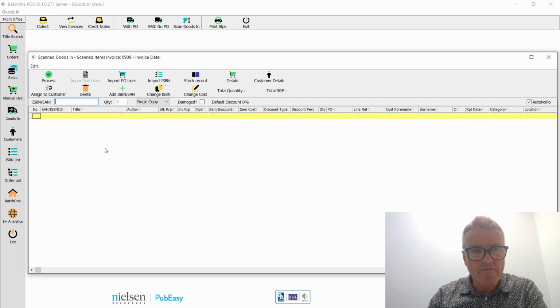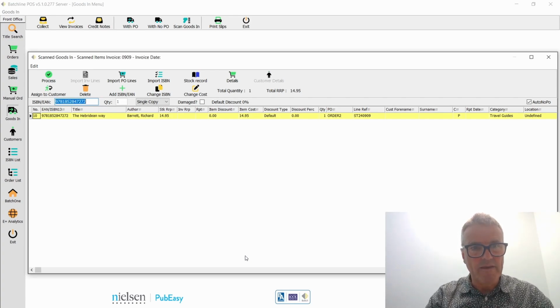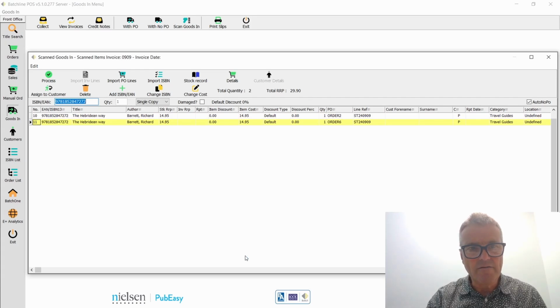Before I start, I'll just show you that there's a tick box here showing whether a book is damaged or not. So you need to be aware of that. So the cursor is in the scanning box, and you just scan the book in. Now the first one is fine, and the second one,